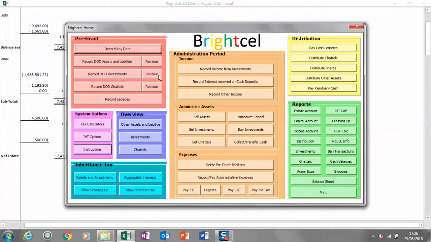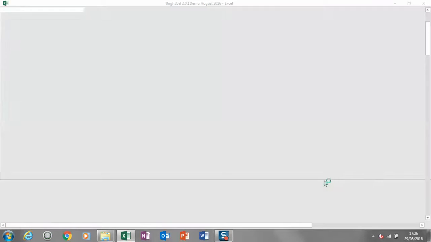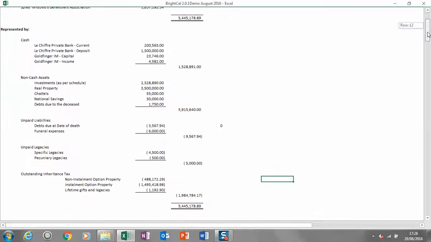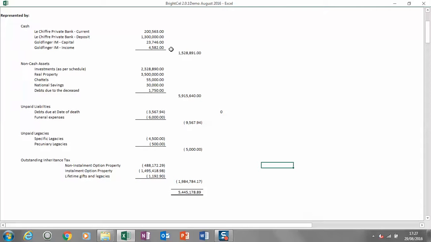Let's go back to the home menu, and the other one I wanted to show you was the balance sheet. So this is showing how the estate is now to be divided. The various shares, those are taken from the distribution account, which you can go and look at if you wish, but there's nothing on it other than those figures. And the assets that we have, cash deposits, the non-cash assets, investments, real property, etc. The unpaid liabilities, the debts due at the date of death, and the funeral expenses, and the unpaid legacies,